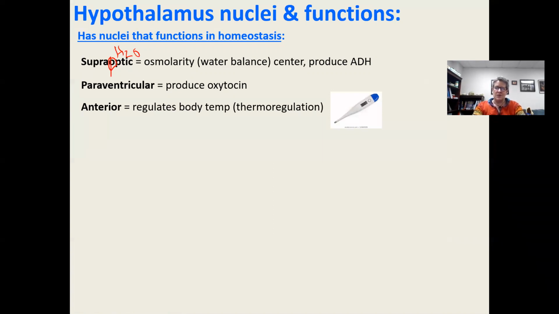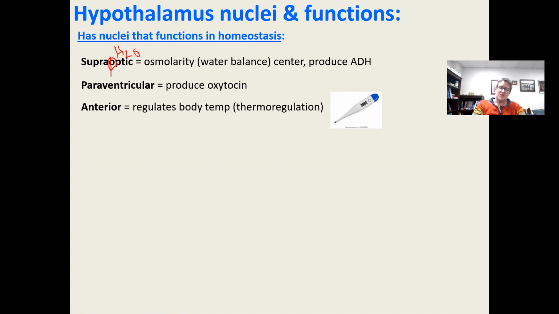Next, the anterior nucleus. Well, that is your body's temperature sensor. So back when we talked about in chapter 1, negative feedback regulation of body temperature, when your body senses that your body temperature is too low, outside the normal range, or too high, this nucleus has kind of like a normal range. And when your body goes outside of normal range, it will cause your hypothalamus anterior nucleus to either, if you're too cold, stimulate skeletal muscles to shiver for warmth, or if you're too hot, stimulate sweat glands to secrete sweat